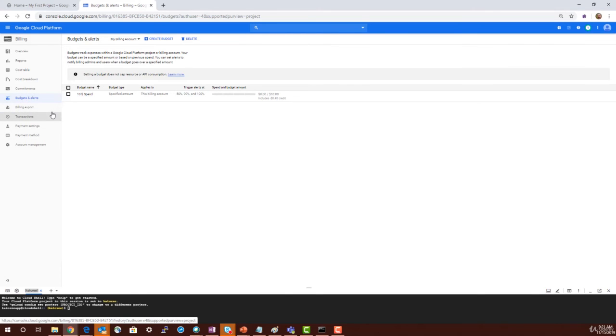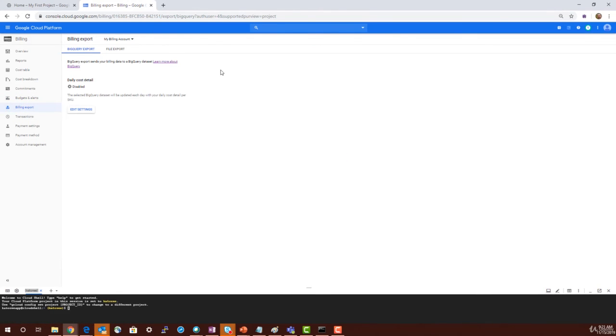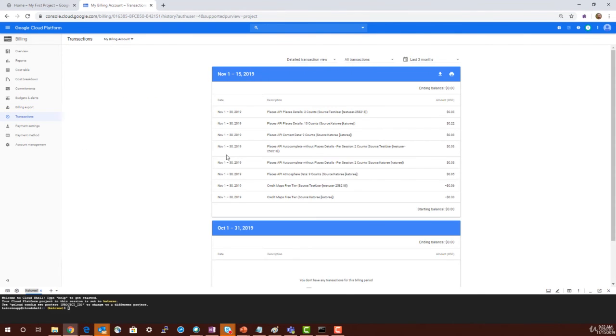You can do billing export. You can take the data and export the transactions into BigQuery, and you can do analysis there. You can find if there are any transactions. I don't have any because I have created the new service here. So you can find there are some things which we have created, right? API calls and all that, and they charged me, but all of those charges went inside the free tier, and Google is not charging me.